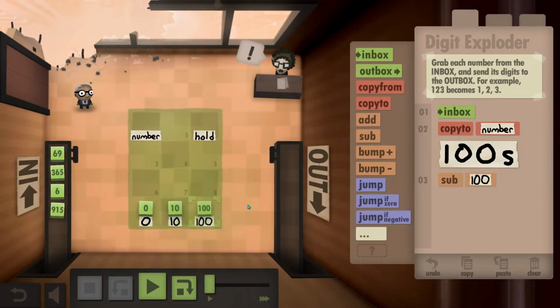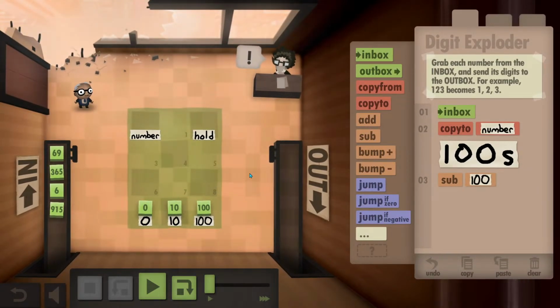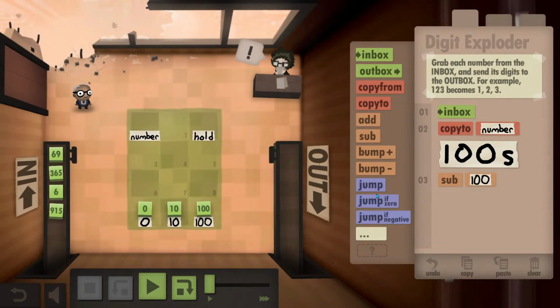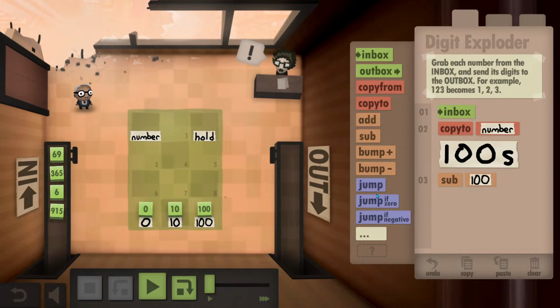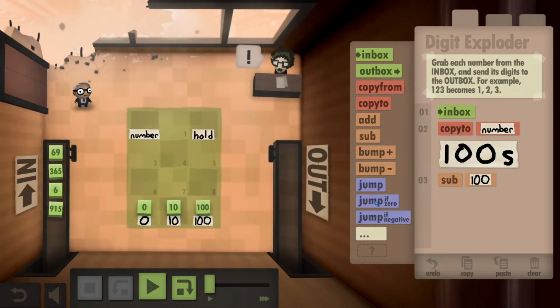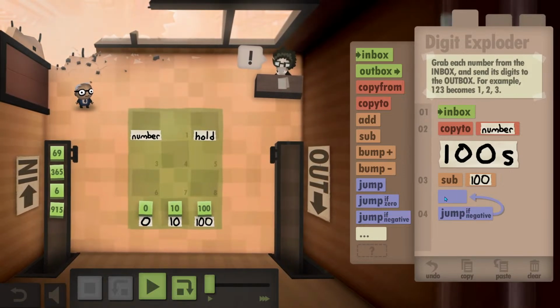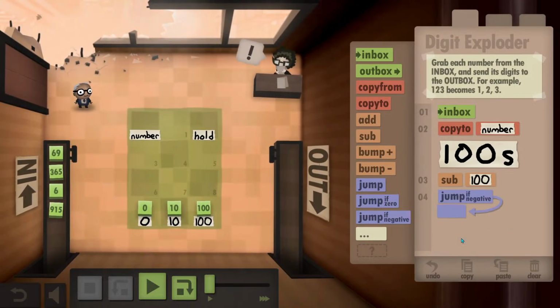Subtract 100 from it. If it's negative, then